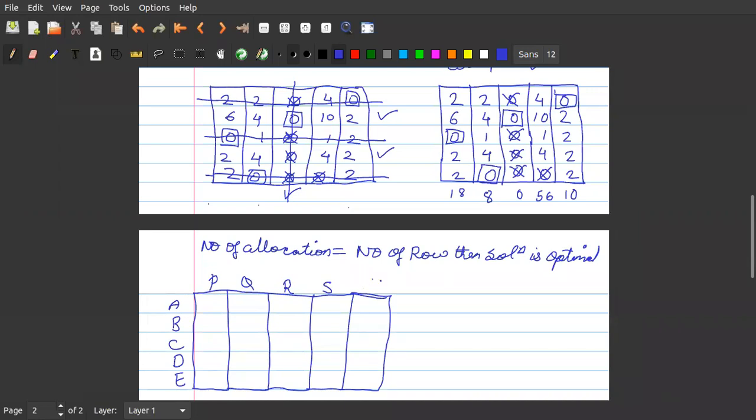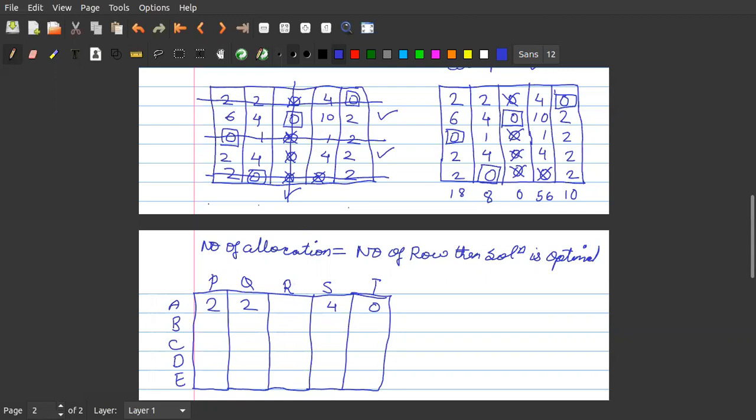Yes, sir. So what we will do is, wherever a single line is passing, we will keep those elements as they are. So this will remain 2, this will remain 2, this will remain 4, this will remain 0. Now you may ask, why have I left this column? Because there are two lines passing, one horizontal and one vertical.